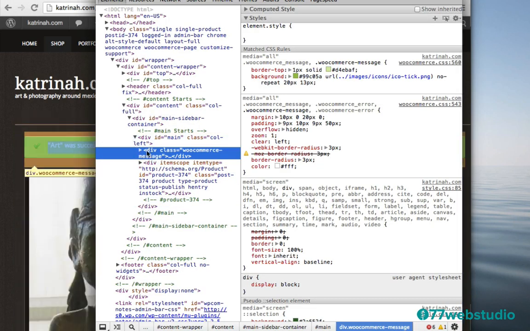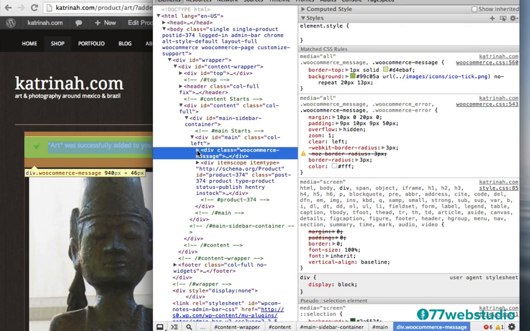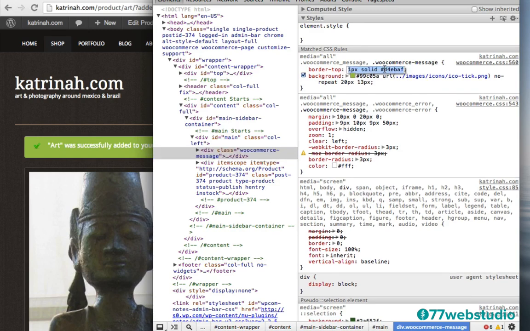So here we see, here is the bar. We can see that it's selected on the left-hand side. I'll move that over so you can see it. When I hover over this WooCommerce message HTML, this part is selected, and we also notice on the right-hand side, for the WooCommerce message, here are the colors right here. So this is a green color. I want to change this to the orange yellow color I've been using in the sidebar and on the simple social icon. I happen to know what that code is, so I'm just going to click in this code here and add the yellow as the border top and leave it like that.